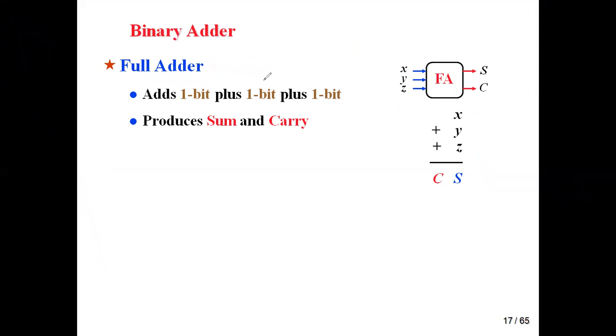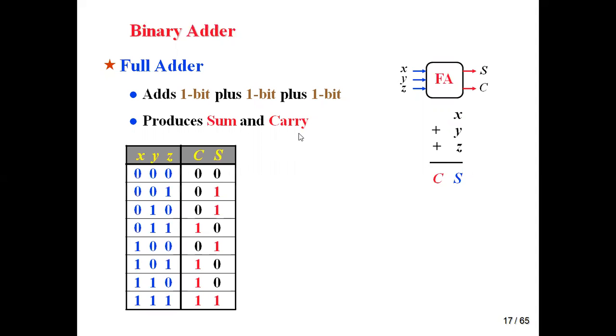So I hope you are all strong in half adder design. It is a similar thing here. So a full adder is a combination of two half adders, or addition of more than 2 bits, that is 3 binary bits. Similar to the half adder, it also produces a sum and carry. So this is the truth table. Listen carefully. This is the truth table.